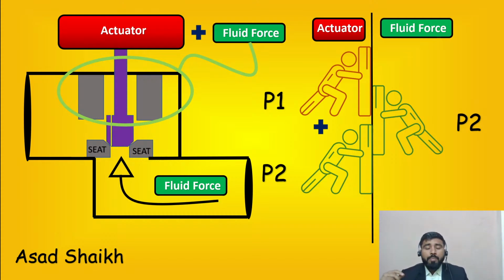The reason I am saying this about the trim is, a lot of times the client or the end user sometimes rejects a balanced trim design, saying I don't want it because my leakage rate will increase. I need, for example, a tight shutoff, which some people say is class 6.